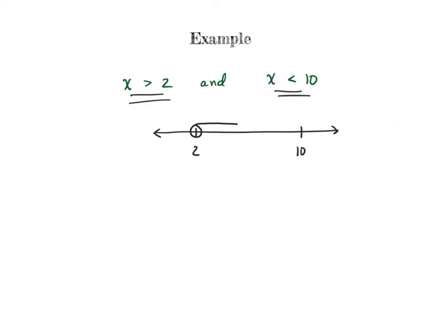And those start at 10 but they go this way. Remember, we talked about the fact that if you leave your x on the left-hand side, the inequality shows which way to point your arrow. Okay, in this case, I want to point to the left because that's my numbers that are less than 10. Because it is an "and" statement, and I have to satisfy both those conditions, as I draw this line going to the right, and I draw the other line going to the left,